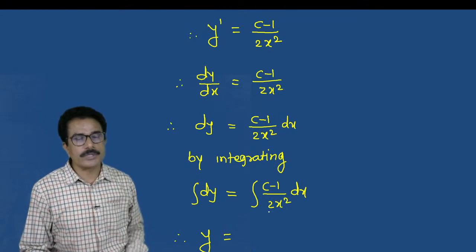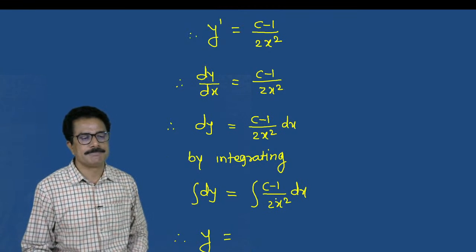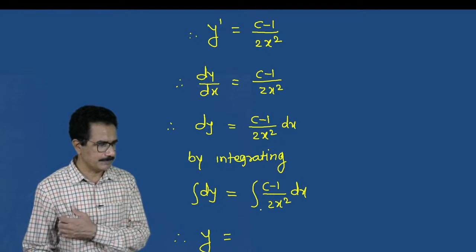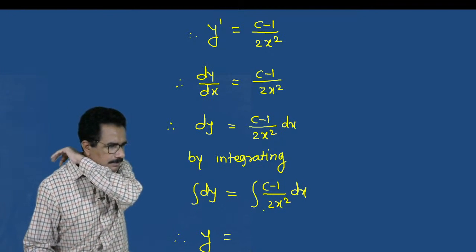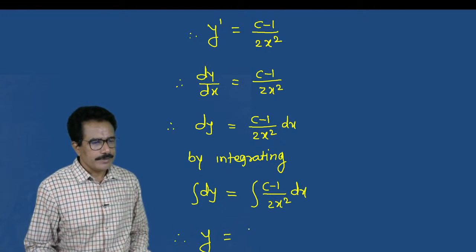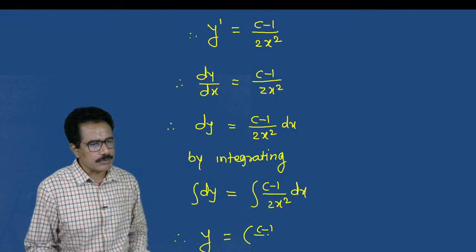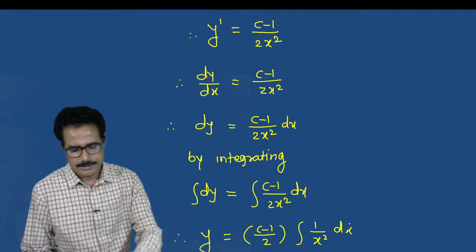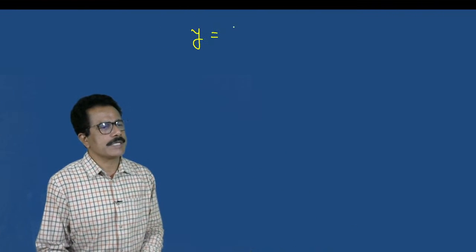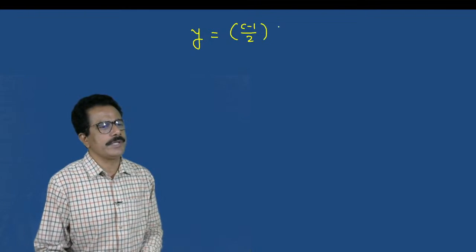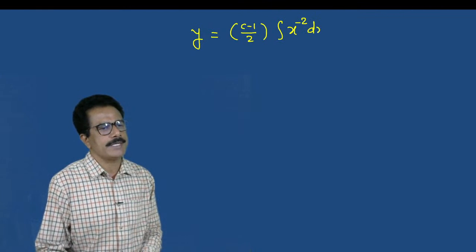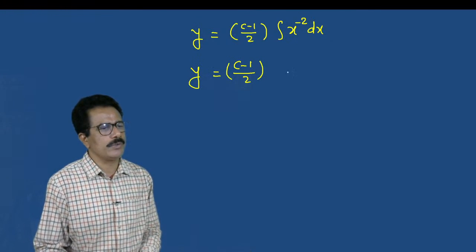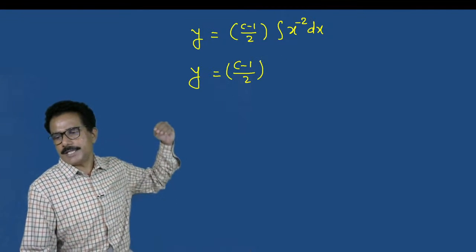Then what we have to calculate? Integration of c minus 1. C minus 1 is a constant term, 2 is also a constant term. Okay, so we can write this c minus 1 upon 2 is the constant term, 1 upon x square dx. Y is equal to c minus 1 upon 2 into integration of x raised to minus 2 dx. Y is equal to c minus 1 upon 2 into x raised to minus 2 चं integration काय असेल रे